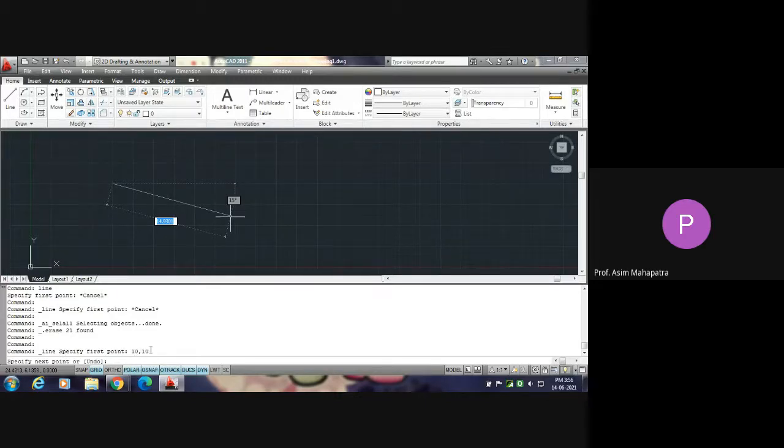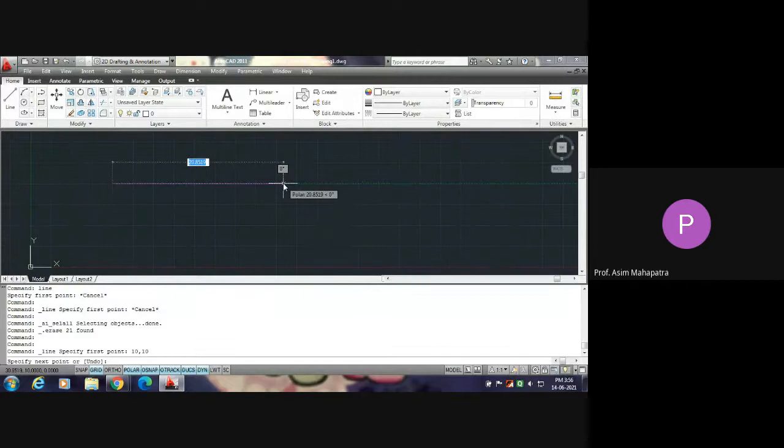That has been done. Now, what will be your next step? That will be guided by this command bar. Just go through that sentence, what the computer is writing. Specify next point, or within brackets, undo. Means your duty is to specify the next point.